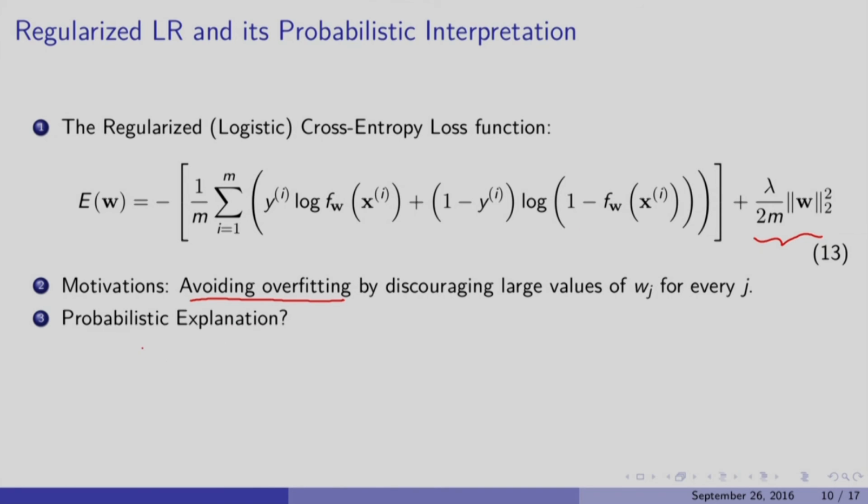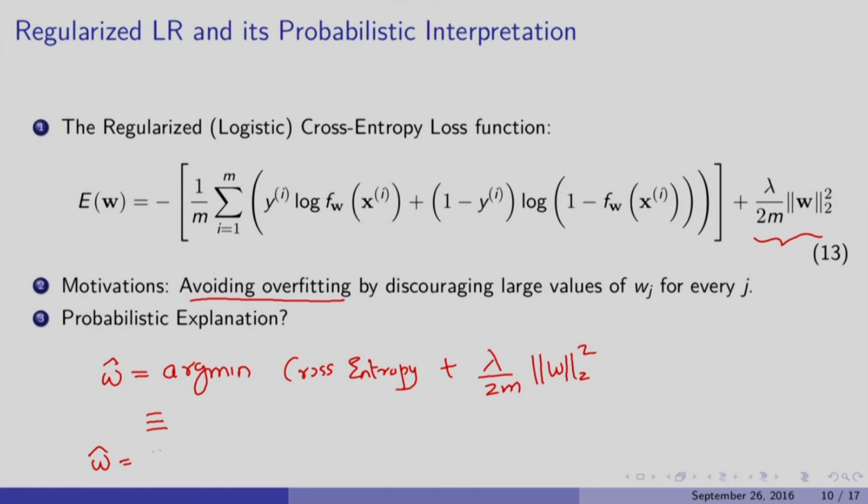It turns out that the W hat that you obtain by minimizing the cross entropy loss, and to that you add 1/2 lambda by m W square, is the same as W hat, which is the maximum a posteriori estimate